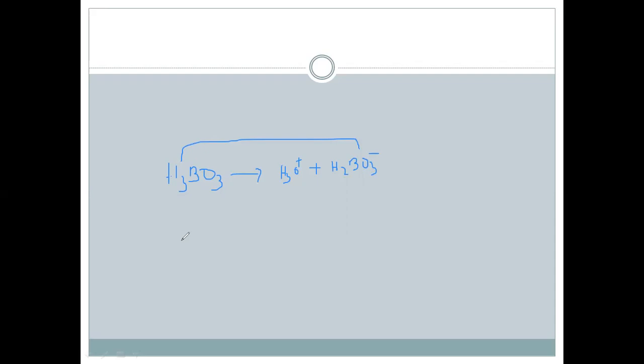Whereas the metaborates, they have both ring structure and chain structure, or they have the polymeric chain and the ring structure also. Students who are not 100% thorough with these things, you can refer to the first PUC concepts. All these things are explained in the first PUC. So go through that, because they may say among these which will have the polymeric chain and ring structure, then it is a metaborate.